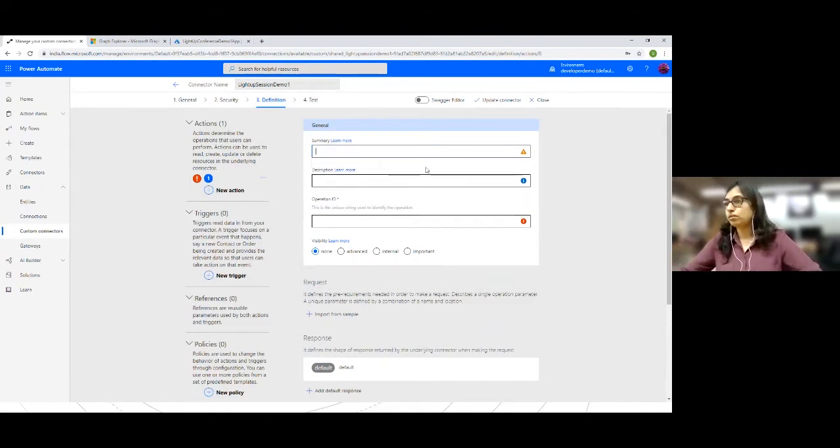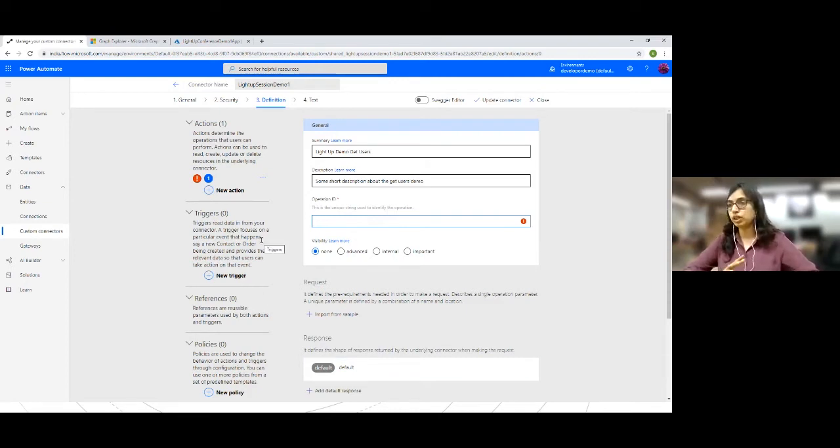Okay, so we will call this light up demo get users. This is our summary. And this is a short description of the get users demo. All right, so this operation ID needs to be unique, but only within this custom connector.